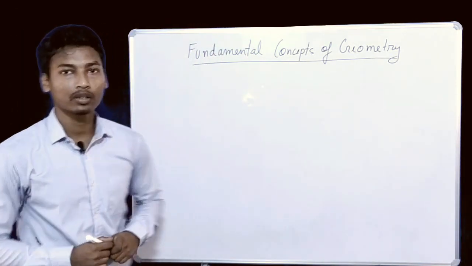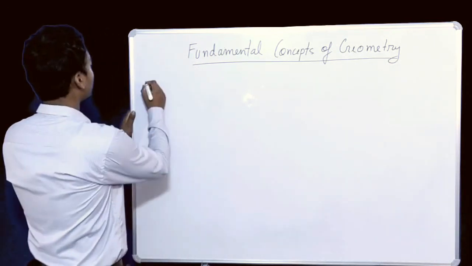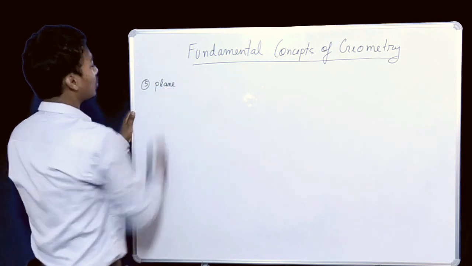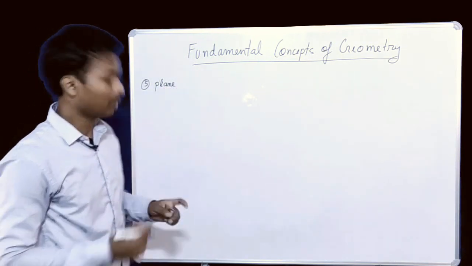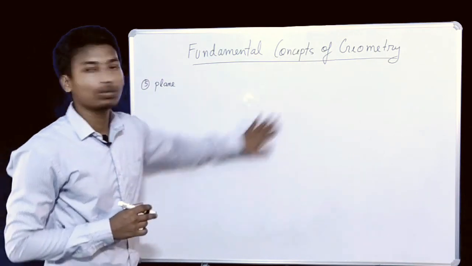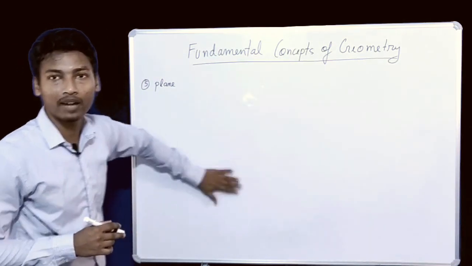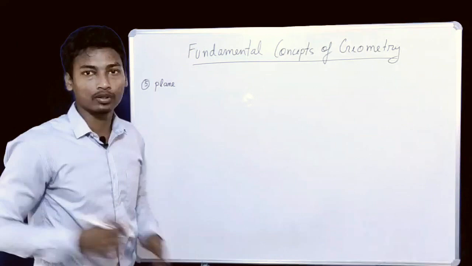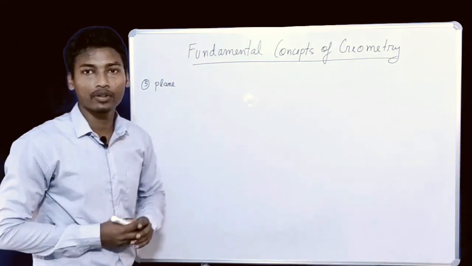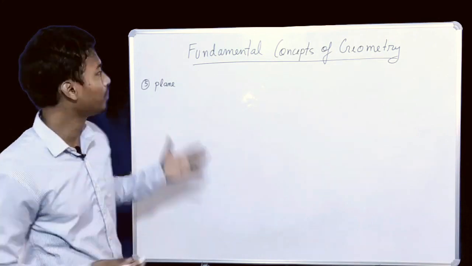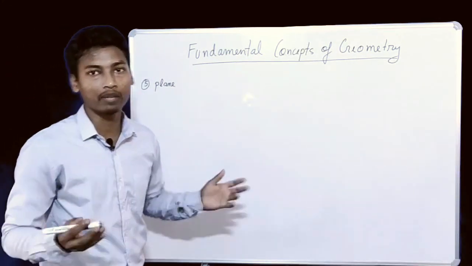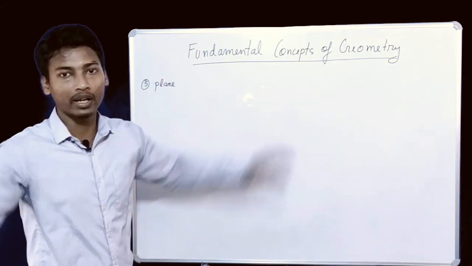Next geometrical object is the plane. So what is a plane? A plane is basically a flat surface, like this whiteboard. It has a flat surface, okay? Walls, the floor. So anything that has a flat surface is called a plane. Now this plane has infinite length and infinite breadth. So it is wide.